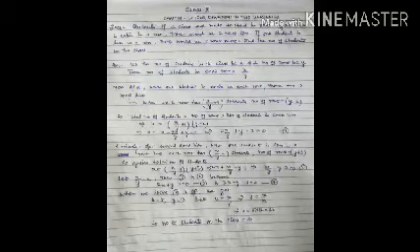Now there are two conditions given. According to first condition, when one student is extra in each row, there are two rows less. So it means that when each row has x upon y plus one students, then number of rows is equal to y minus 2. Now we know that the total number of students in the class, as we supposed, was x. So the total number of students should be equal to the number of rows multiplied by the number of students in each row. So let us equate them.